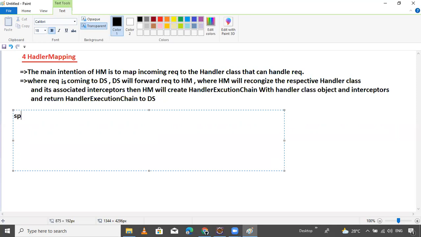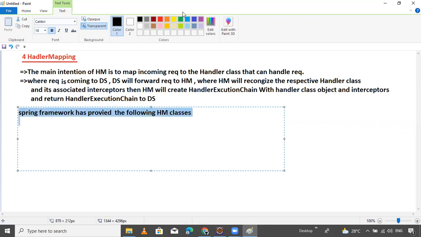Spring framework provides the following handler mapping classes. Four classes are provided by the Spring framework. I am writing them one by one so you will get clarity.